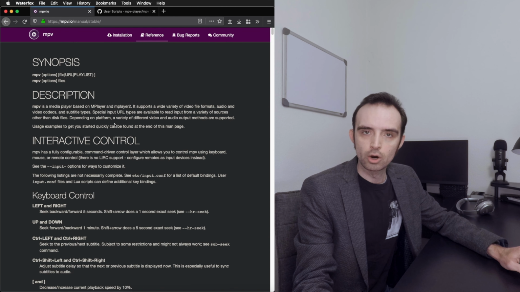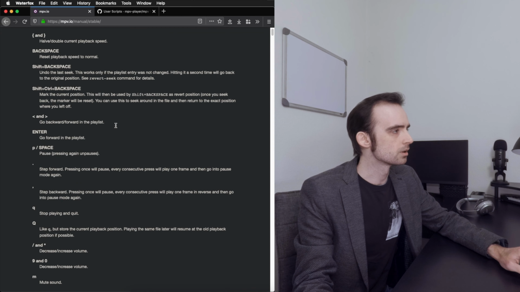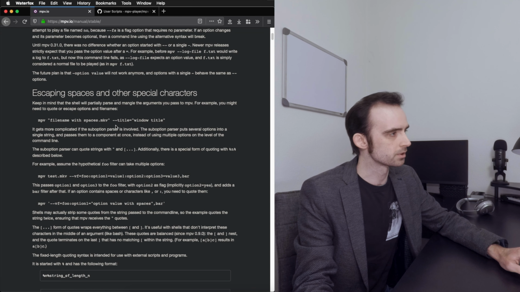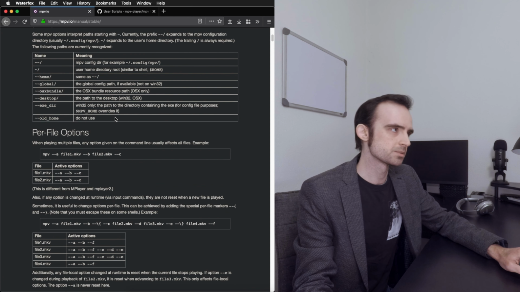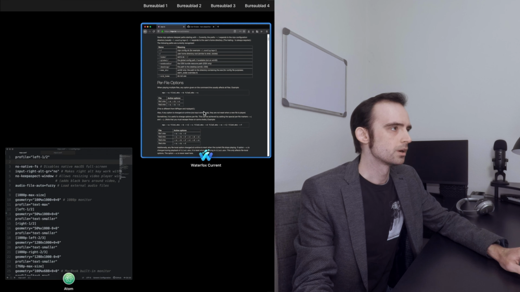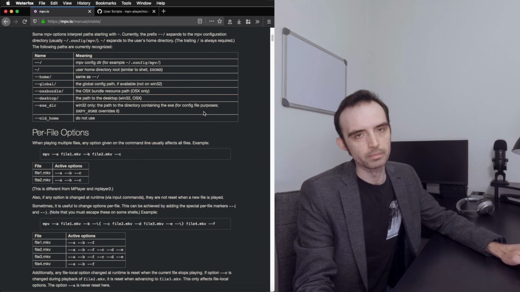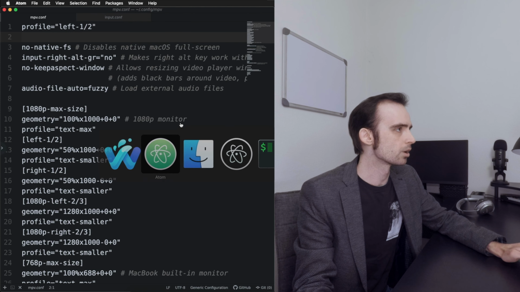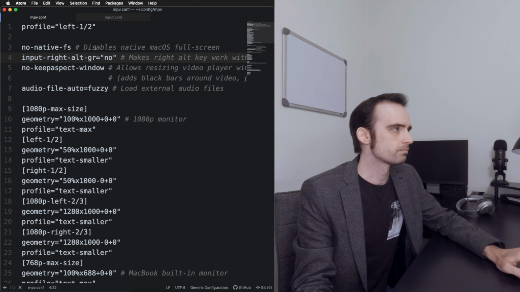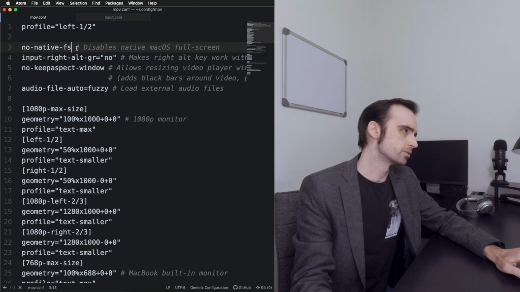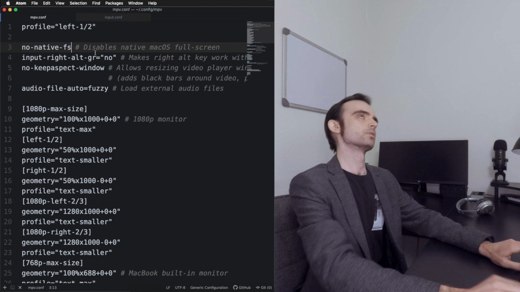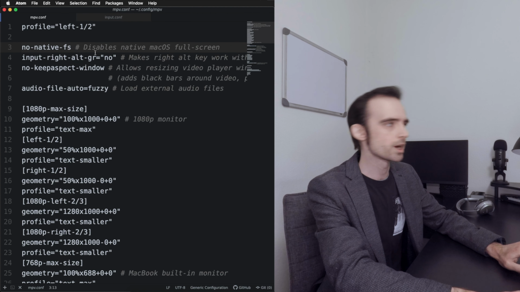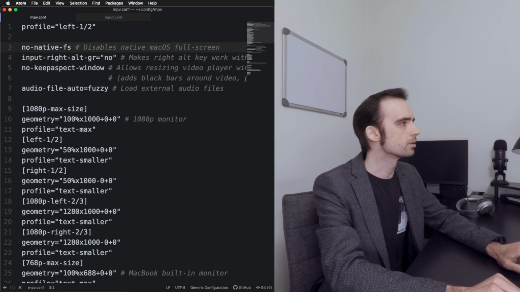So if we open up this manual page, we'll see there's a lot of stuff in here. So I'll go over certain options as I explain my own configuration, and hopefully it will become clearer as I go through it. And there's really nothing extremely complicated here. It's just that there's a bunch of small things that you can change,